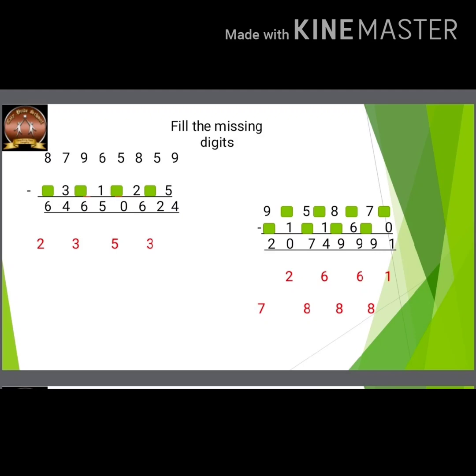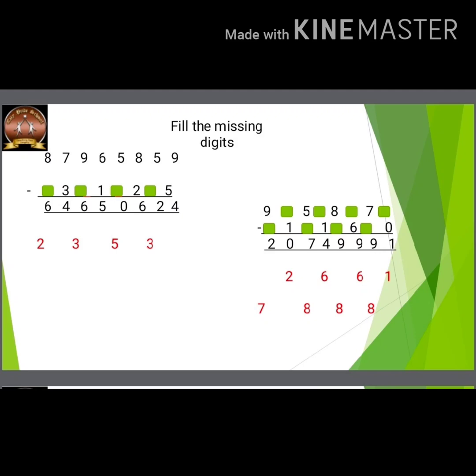Right children? Now as we have seen the first example of subtraction where we had introduced you all with the names. The top one is the minuend and the below one is the subtrahend. Now let's go from right to left as we usually do our subtraction from the ones place. So box minus 0, what will be a number that will give you 1 after subtracting by 0? It's obviously, it cannot be 10. 10 minus 0 has to be 10 and we cannot write it in the difference answer, right? Then if I take 9, I'll get the same number. So the only one number that is applicable for the box on the units place is 1 because 1 minus 0 will give me 1.